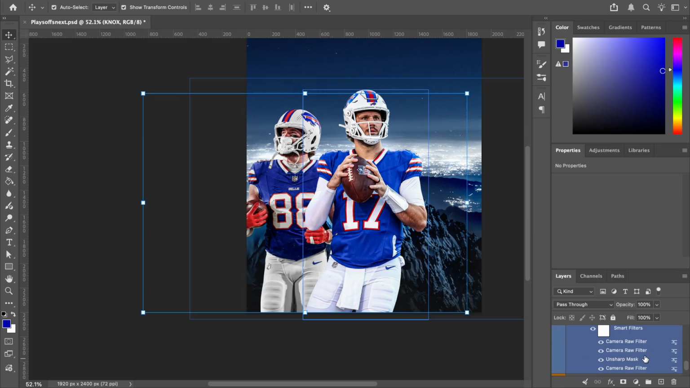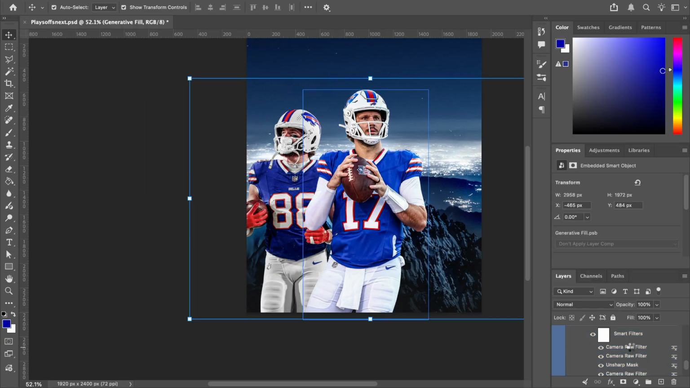Again, wow, that's a lot of camera raws. I think this was before I found out that I could just edit it by double tapping here. But I'm pretty sure the same applies to him with what I did with Dawson Knox. So it's pretty much the same thing I do for my player treatment. And then unsharp mask. I guess I didn't do that with him, but